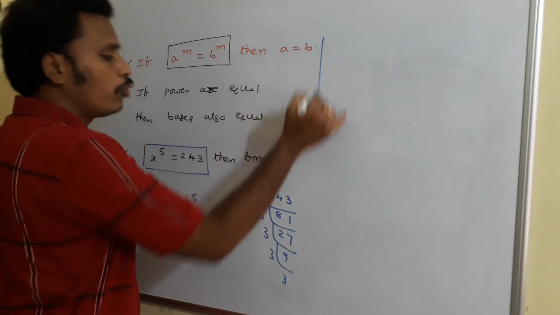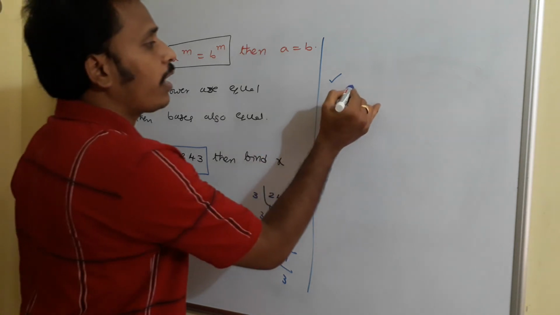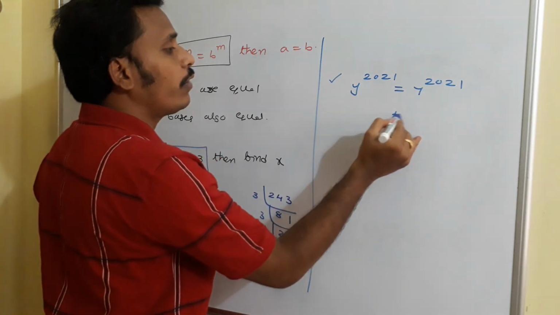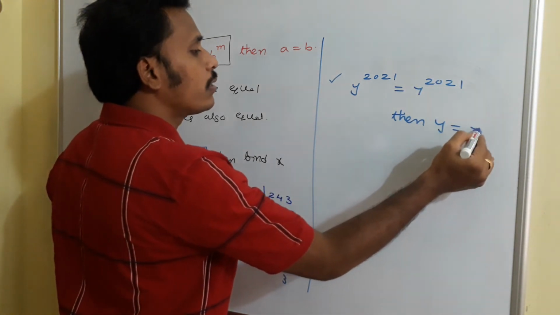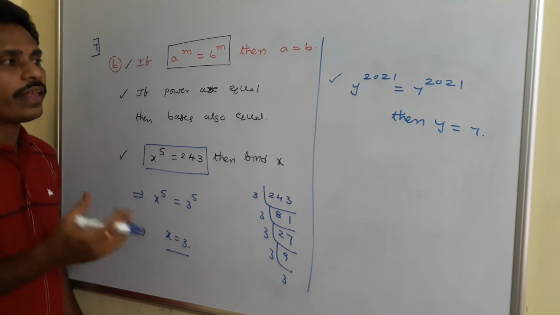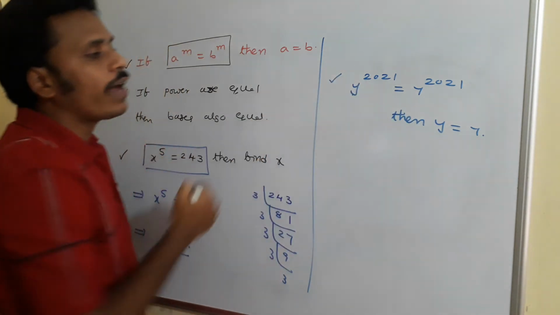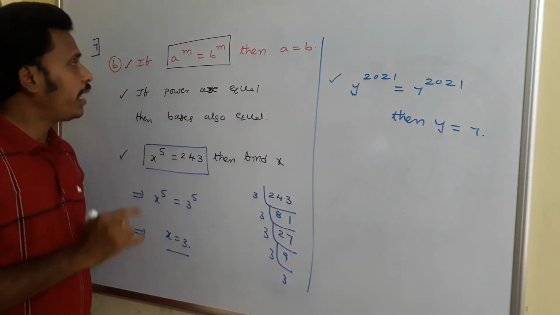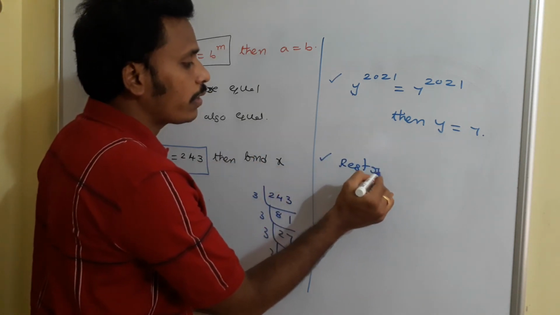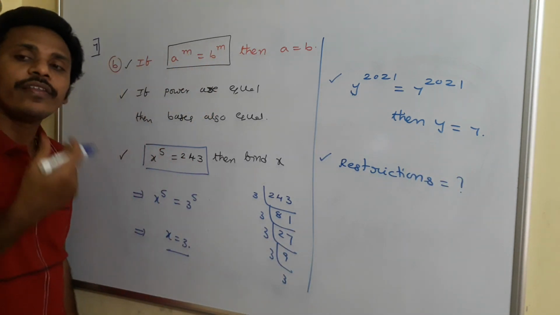So always think about the powers. If powers are the same, then bases are also the same. Something like if I have y power 2021 is equal to 7 power 2021, then what do you say about the value of y? Directly it is 7, because since powers are the same, you just equalize the bases, then the value of y is 7. If this is given in a problem, you need to identify the y value as 7. Just like 7a, similarly this 7b also has some restrictions. There are some cases where this law fails, and I will discuss all those restrictions in the next class.